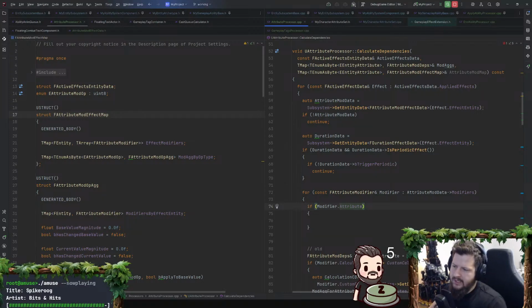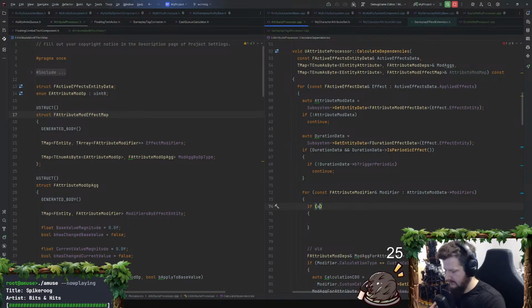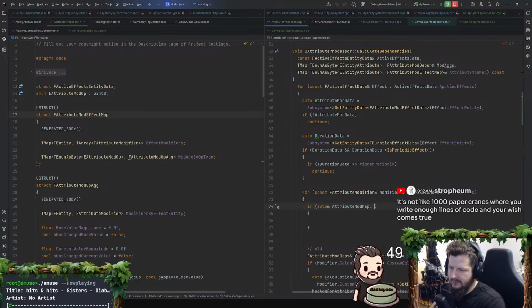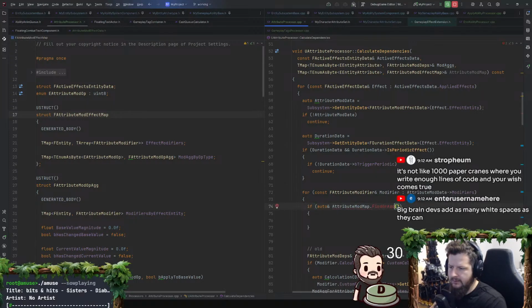So when we're iterating over effects here, we need to find, and so this should be a ref dot find or add, and what am I calling this? This is going to be mod effect map. Make sure that's a ref find or add for modifier dot attribute.